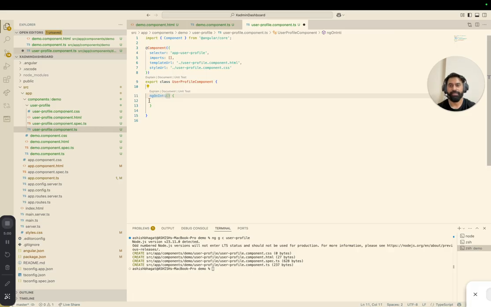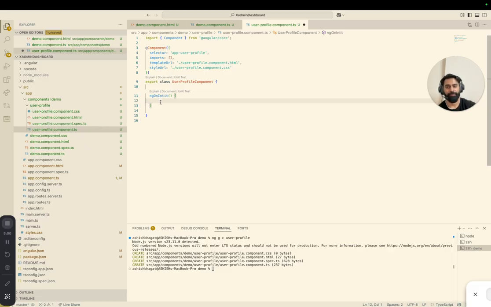If you have a use case where, once your user profile component loads, you want to make an external API call to fetch some data, then you can write that logic inside ngOnInit, because once your component is fully initialized, ngOnInit is the first lifecycle hook which will be called. And then you can render it